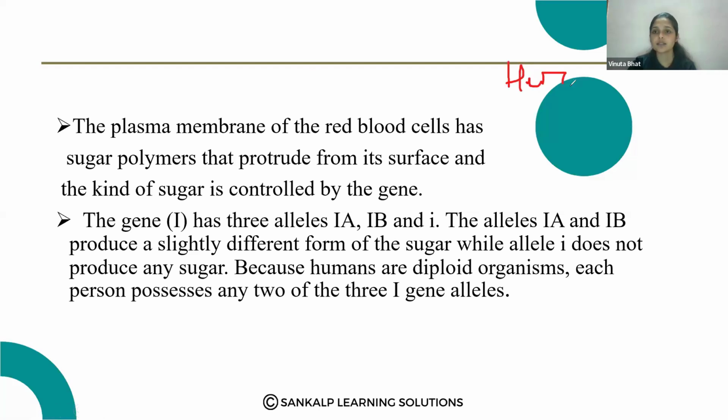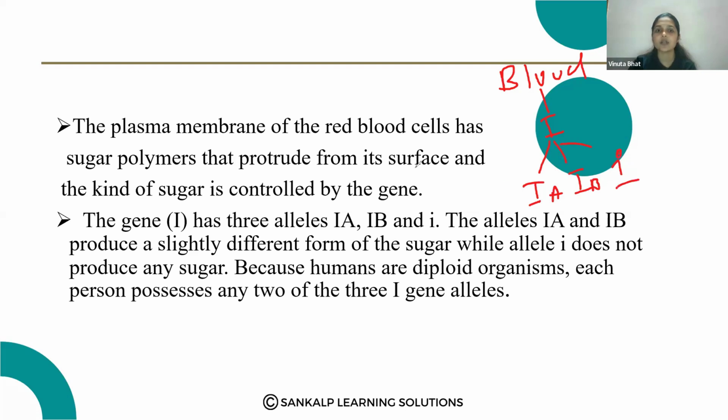Like the height of the plant, which has two different alleles, capital T or small t, right? These are the two different alleles responsible for the height of the plant. Same for the blood group. The blood group type is controlled by this I gene. So it has three different alleles, that is IA allele, IB allele and the small